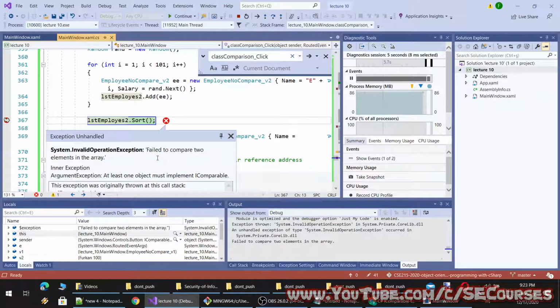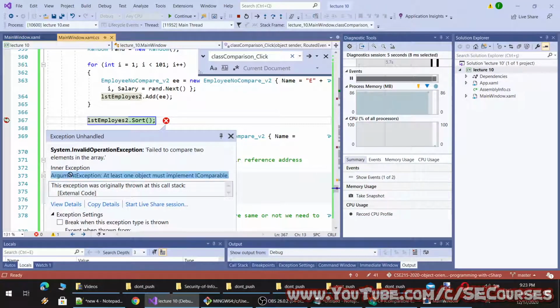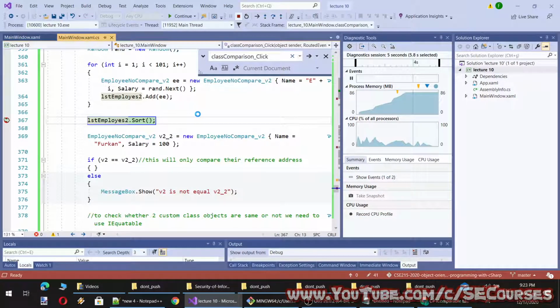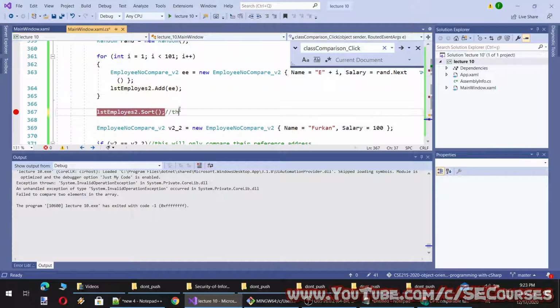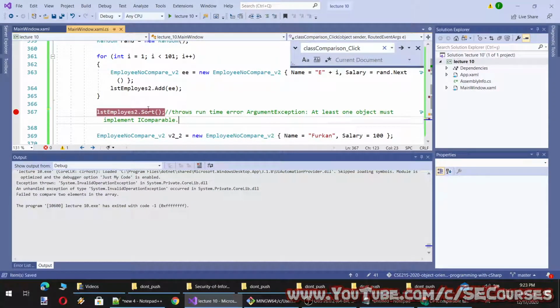Okay, it says failure to compare two elements in the array. Inner exception, argument exception: at least one object must implement IComparable. So this is a runtime error.